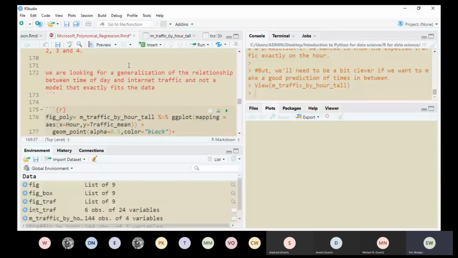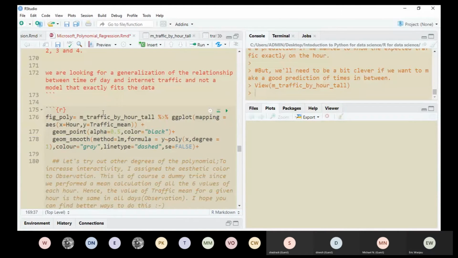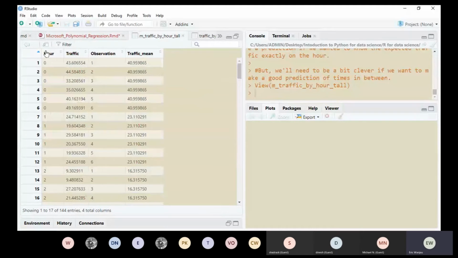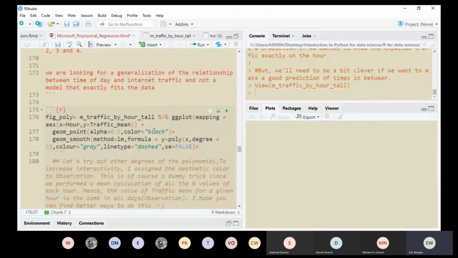So what am I doing here? I'm saying take the modified traffic by hour and pass it to ggplot, our plotting function. In ggplot, you're telling it your x-axis will be the hour, and your y-axis will be the traffic mean. And then